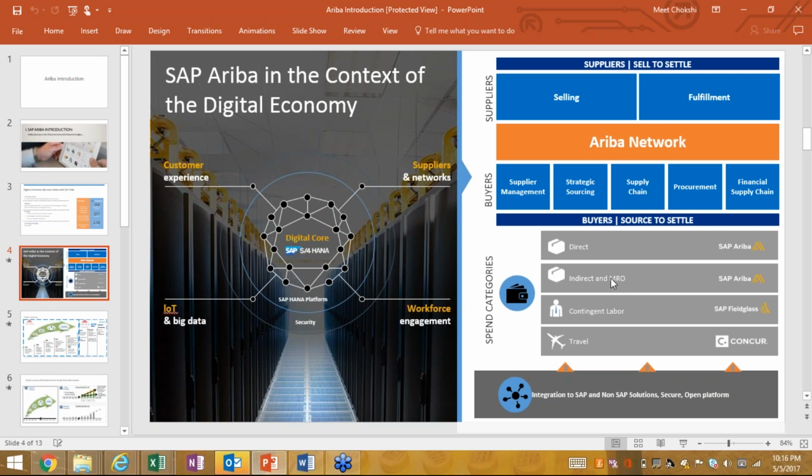Similarly, now Ariba is doing a lot of investment into the direct space, so we will have a lot of new functionalities on direct material procurement as well. So we support indirect MRO items, support direct, and for labor, like if I want to hire a consultant, right? In that case, SAP offers the Fieldglass application, which integrates with SAP Ariba, right?